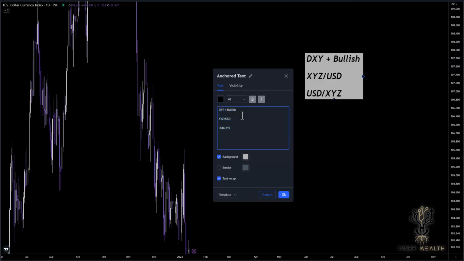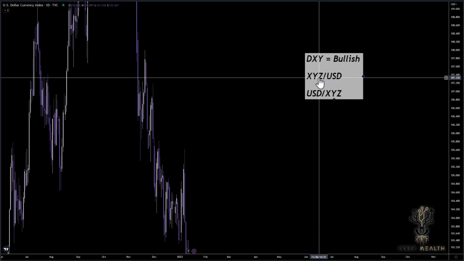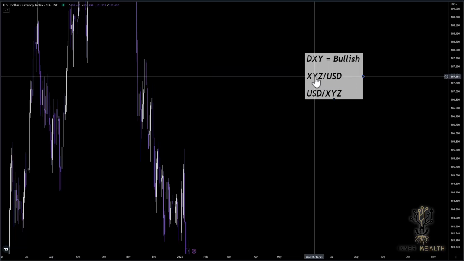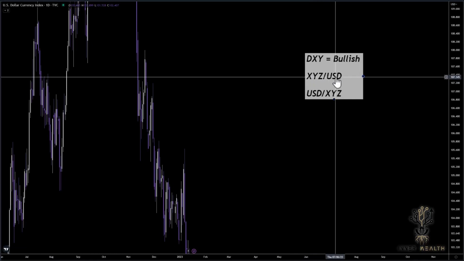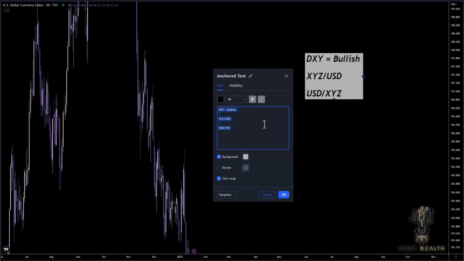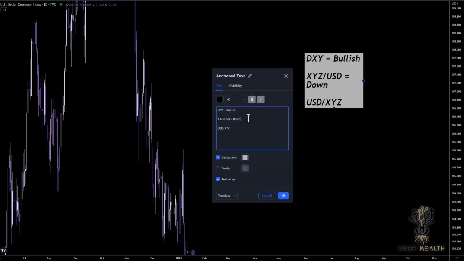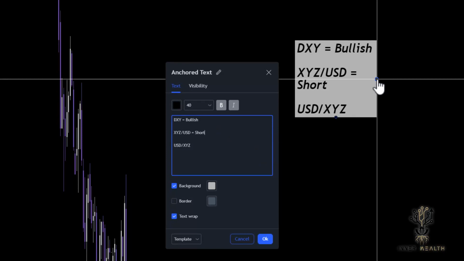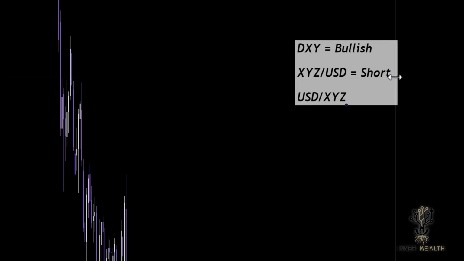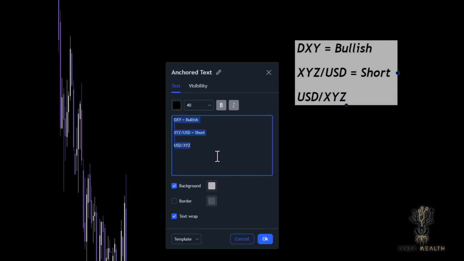If the US dollar index is bullish, okay, what that means for assets like Euro USD, GBP USD, AUD USD, NZD USD, okay, that means those assets, okay, will go down or will short. We're gonna put short for study purposes, okay? Those assets will short, and vice versa, of course,